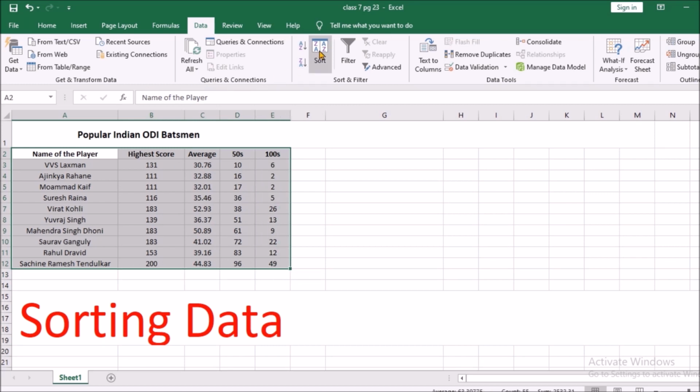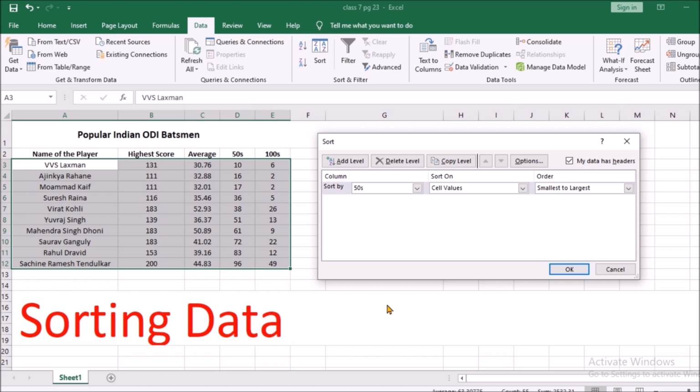Once again, suppose that on the basis of average you want to see whose average is better and whose average is less good. Then you have to click again. Suppose you untick it, then you will get it in terms of column A, B, C, D. It will do the same, but it is not clear which column is about which header. So it is better if you tick. When you tick you get this, and it is much more evident which column is for which.